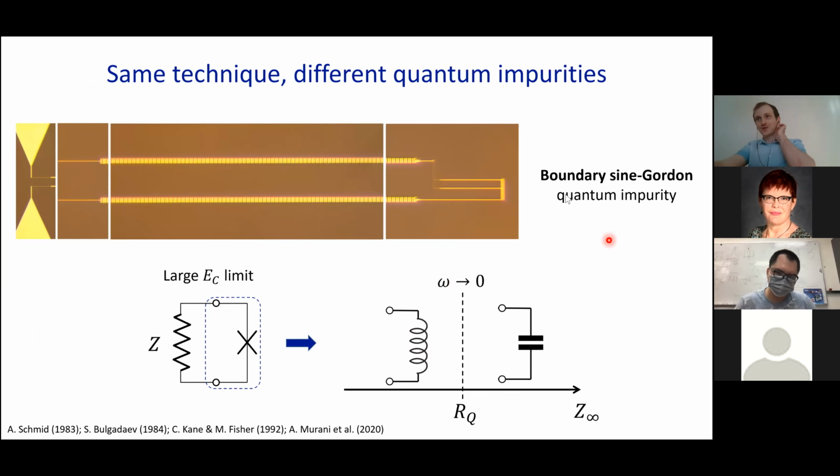So it's actually a continuation of what Long asked here. This technique can be applied again to different impurities. What we do is just replace the circuit at the end. Everything else stays the same. We still measure the reflection coefficient and can extract the correlation function. Here, as an example, I show you a system which is closer to the boundary Sine-Gordon model,